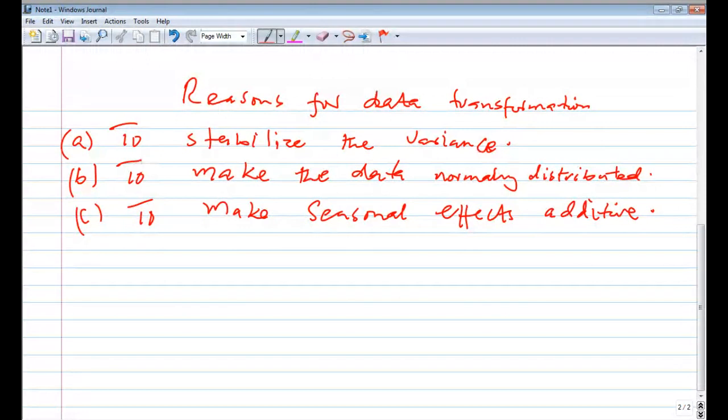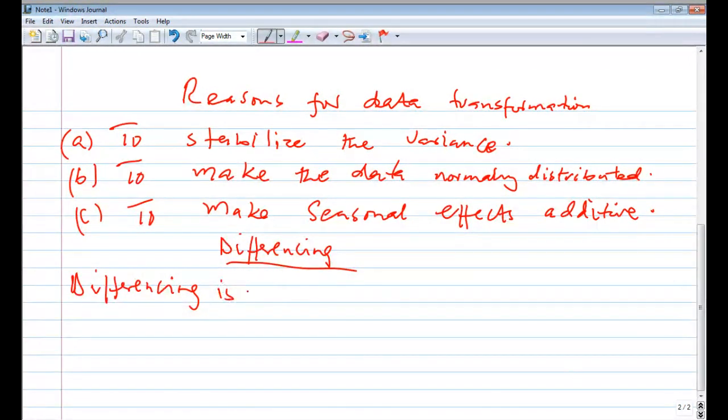So now let's quickly go to differencing. What is differencing? Remember, we difference the data if it's not stationary. So, by the way, what is differencing? Differencing is a trend removal operation